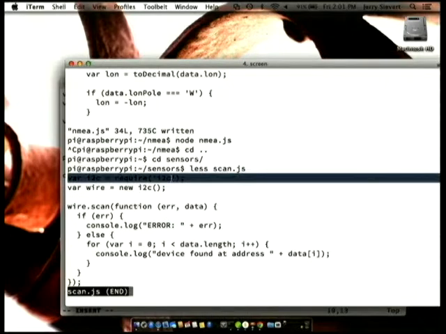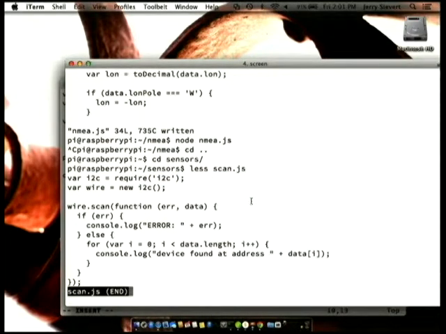So what we're connecting up is power, ground, SDA, and SCL. Those are the 2 I2C pieces that you connect together that actually get you to communicate with the device. So on this device, if you take a look here, I'm using this module called I2C, which compiles nicely. What we're doing here is a wire scan, essentially asking the device through the I2C bus, what addresses do you have? So let's go ahead and run this.